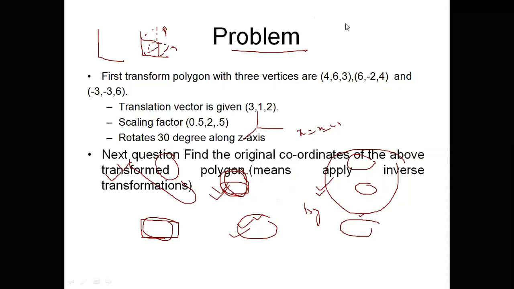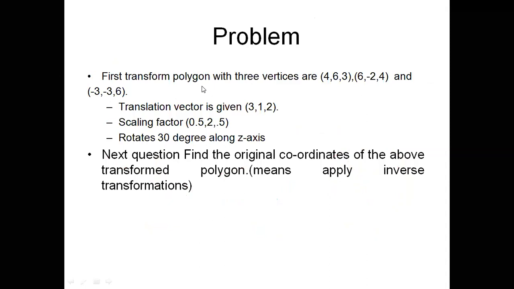Now I will just give you the idea about this problem. The rest you will solve on your own. You have already done the 2D transformations by and large now. So I'll just build up the idea, and the rest you will do for these two questions on your own. Let's talk about this first. These 3 points are given. The third parameter is introduced, that is z. Earlier you used to have x, y, now you have the z values.